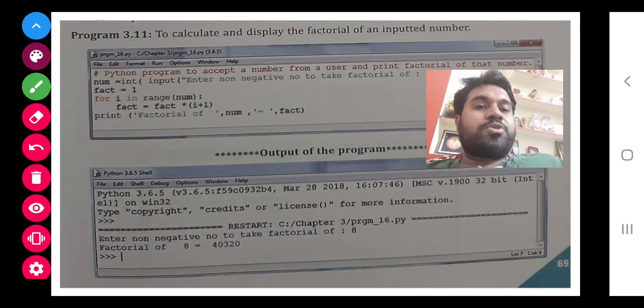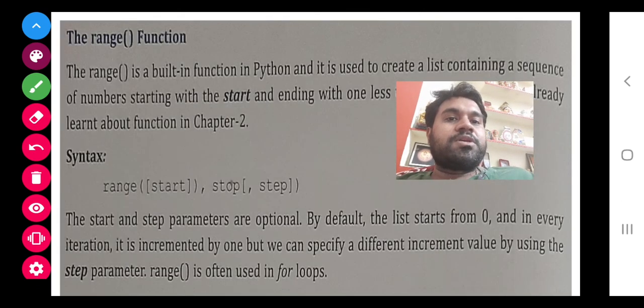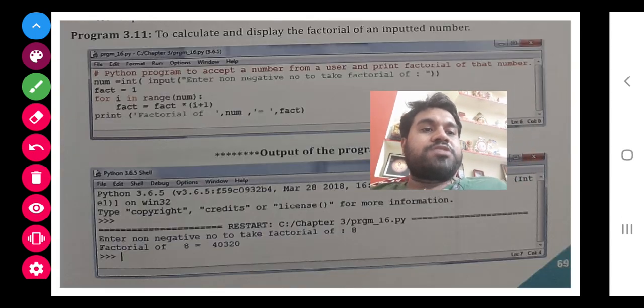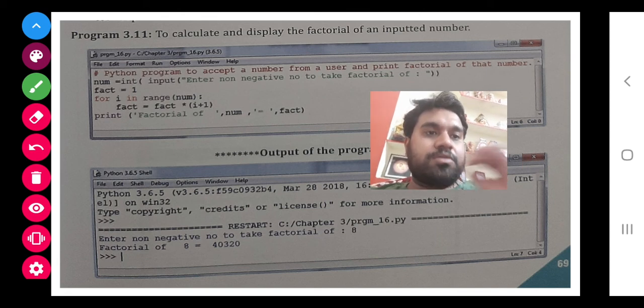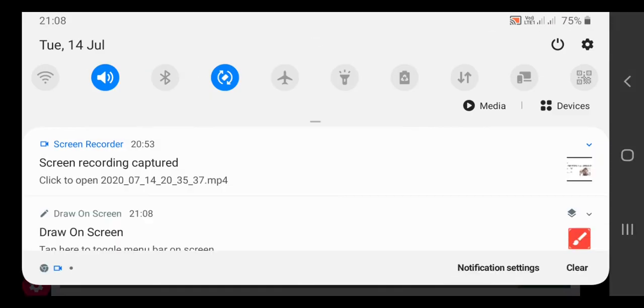Similarly class, this program is also there for factorial. You try this question, then you will ask me. That's all class, it is still not finished. There are some more topics to understand. You do this much, and the rest I will let you know.